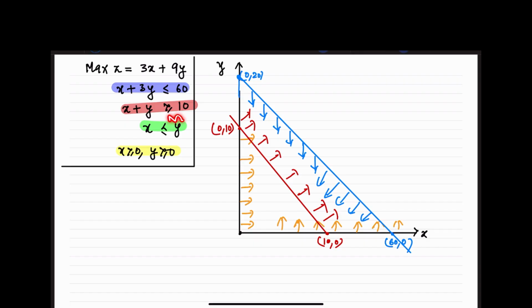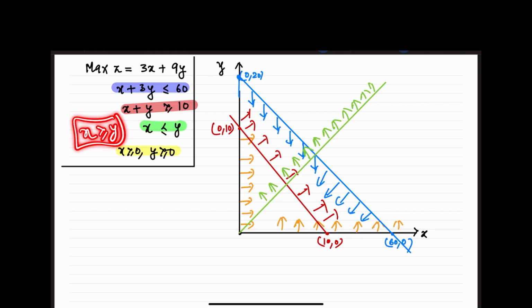Now the last constraint. Last is x less than or equal to y. So plot the line y equals x. y equals x is the line passing through the origin. So this is the line. Now which side? See, x less than or equal to y means the height is bigger. For the points here, y is bigger and x is only this much. So this is in fact the region. So you have to face this side. Had this inequality been x greater than or equal to y, the region would have been this one.